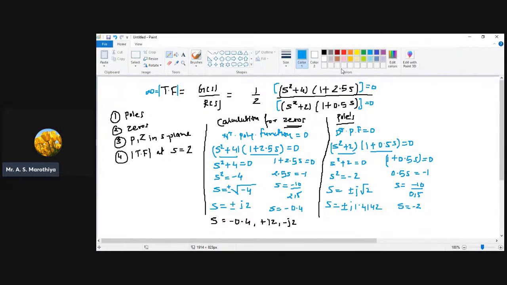So finally, we conclude that this system has three poles, out of which one pole is available at minus 2, another one is available at plus j 1.4142, and another pole is available at minus j 1.4142. Now what we need to do, we need to